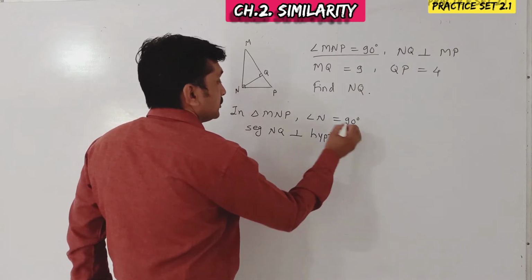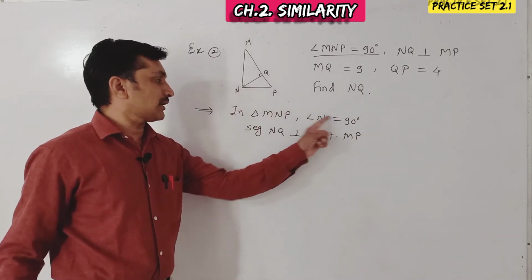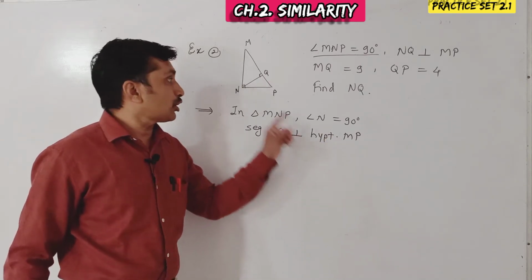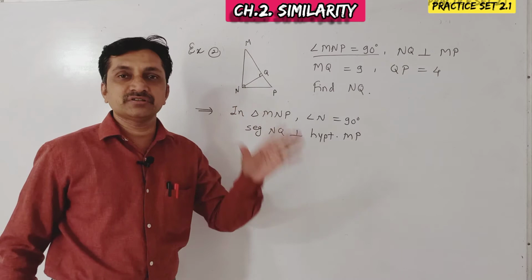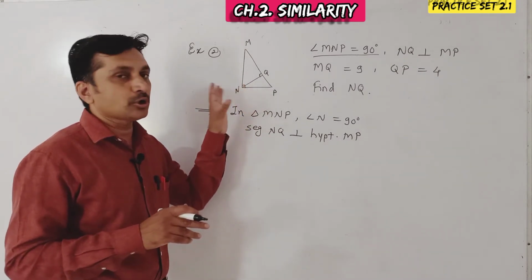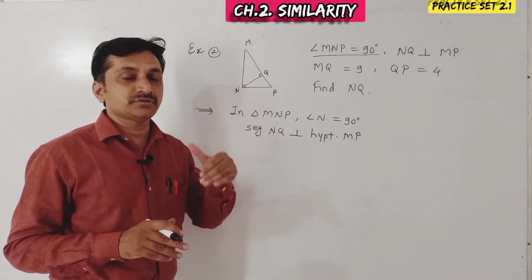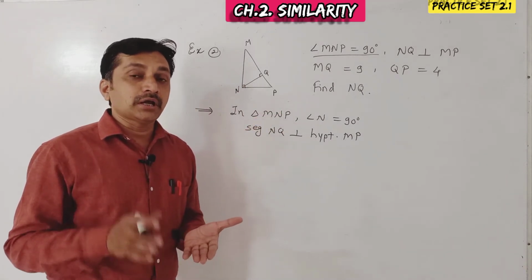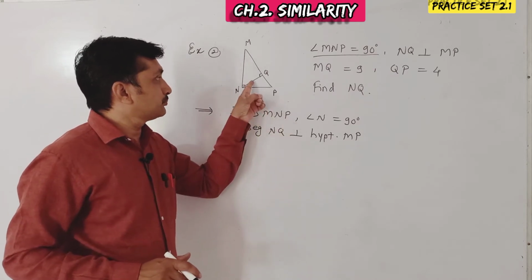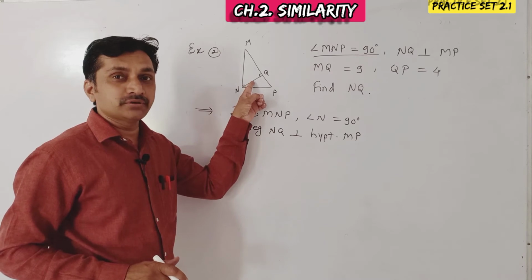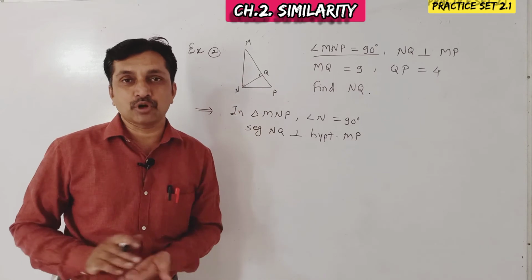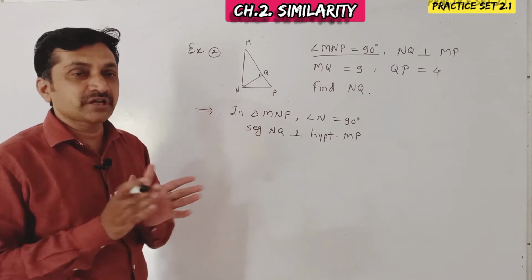Now the property, you know that in any right angle triangle, if a perpendicular or altitude is drawn to the hypotenuse, then all three triangles formed there are similar with each other, means one original and two on either side of the perpendicular, all three are similar with each other. This is by similarity in right angle triangle. And second thing, by the same condition, perpendicular square or altitude square is equal to the product of segments of the hypotenuse, that is by the geometric mean property. Okay, both the properties we can use here, similarity and geometric mean.